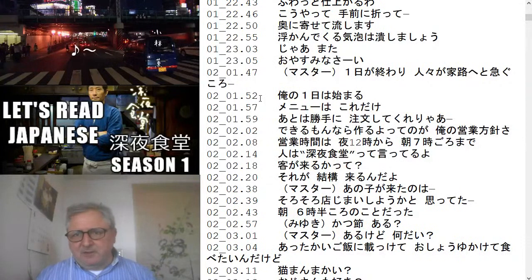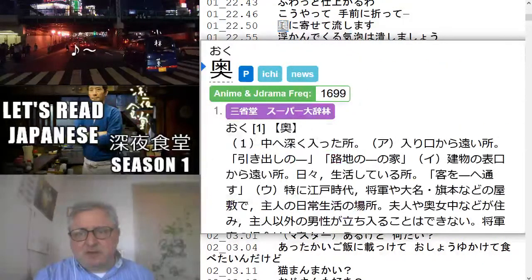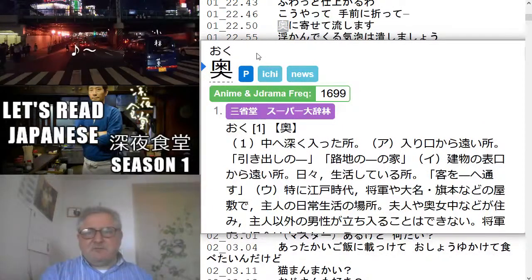immediately, I can pause the audio and reread a sentence real quick, and also repeat the audio as well. Cool. Other thing I can do is that this is a pop-up dictionary, so if I see this right here, I can then see the definition of the word, or even go further to look at the kanji